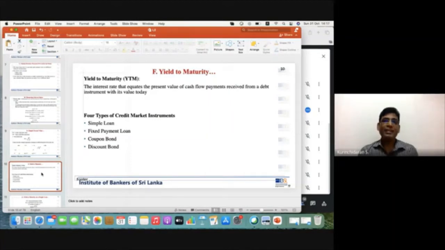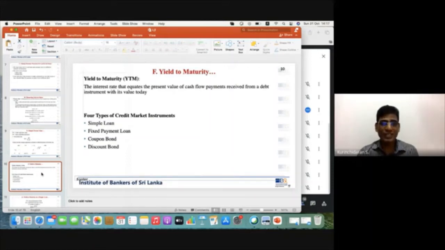The next question is, the interest rate is of course okay, but how much is your yield? Why am I saying that? Because yield always changes in line with the maturity,